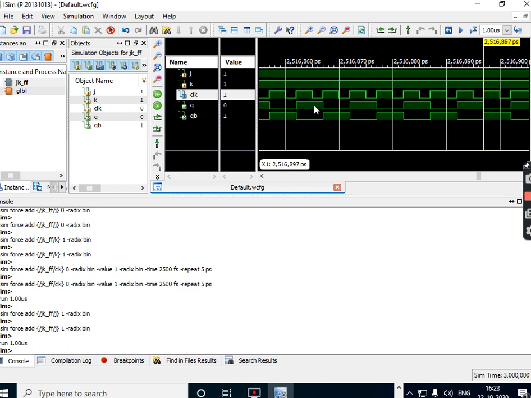Hope that I have cleared all your doubts with respect to the various flip flops, their operations, and how they are simulated on the Verilog platform. So today we'll end this particular lab session wherein we have tried to identify the flip flops, their behavior, and how they are simulated on the simulation platform.